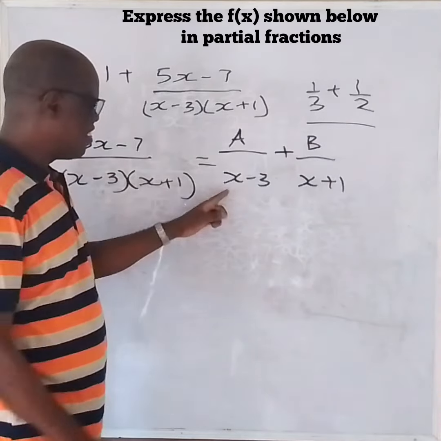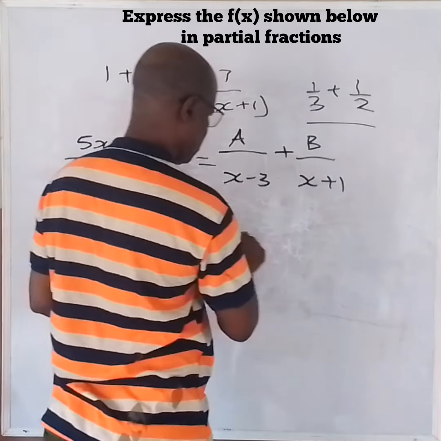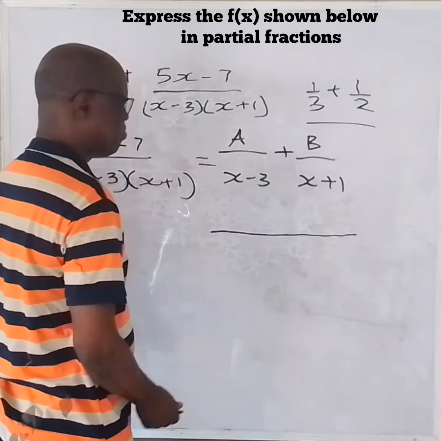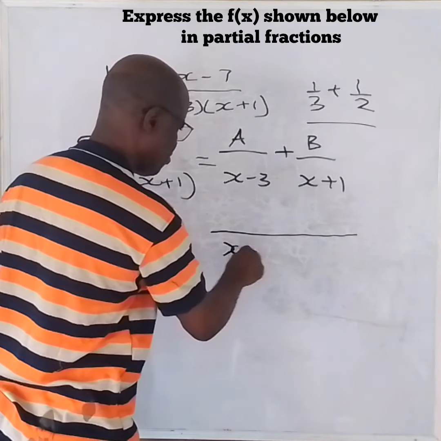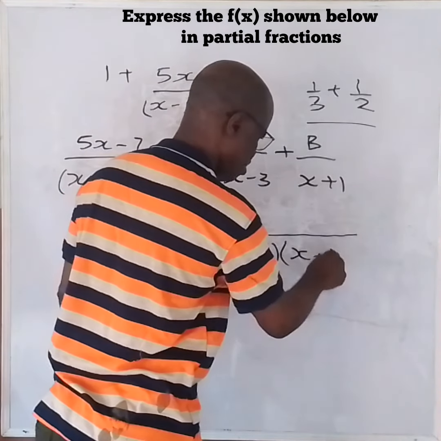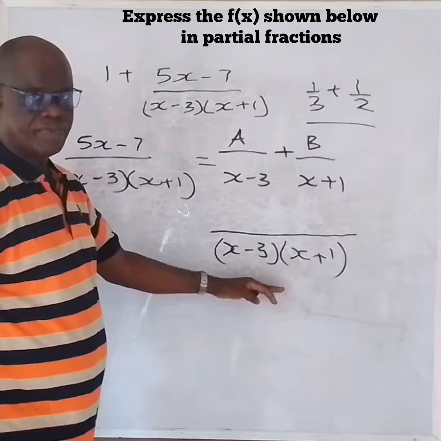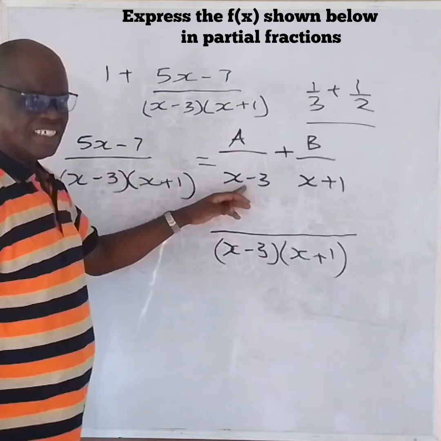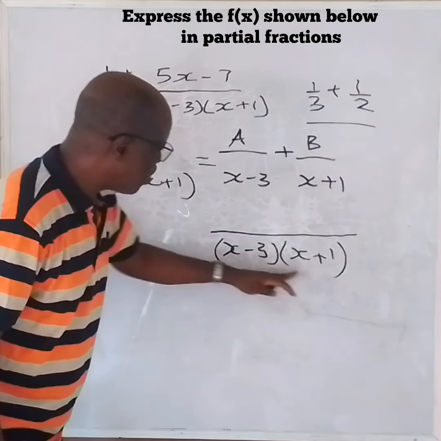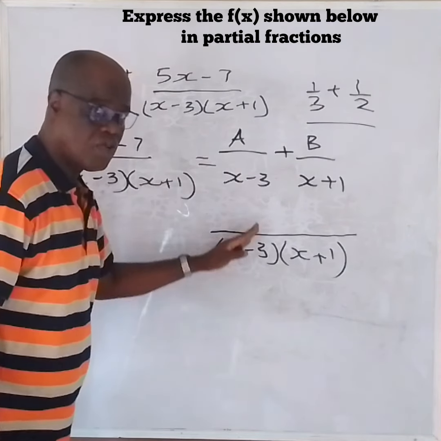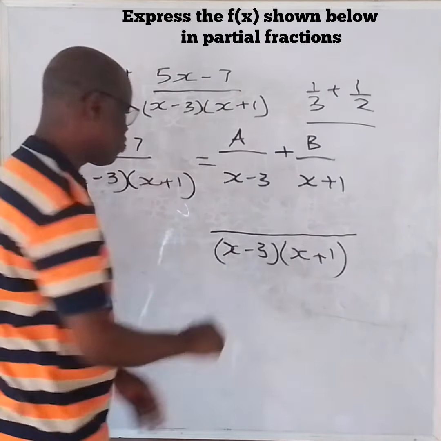So the same thing here. Our LCM for this is this one multiplied by this one. So you can put it this way, so this is our LCM. Now we begin to divide the LCM by the denominator here. If you divide this one by this one, it means x minus 3 will cancel. We have x plus 1. So you have x plus 1,